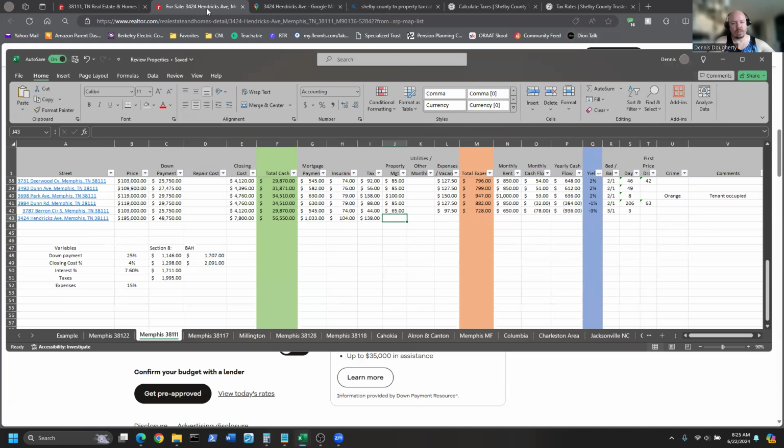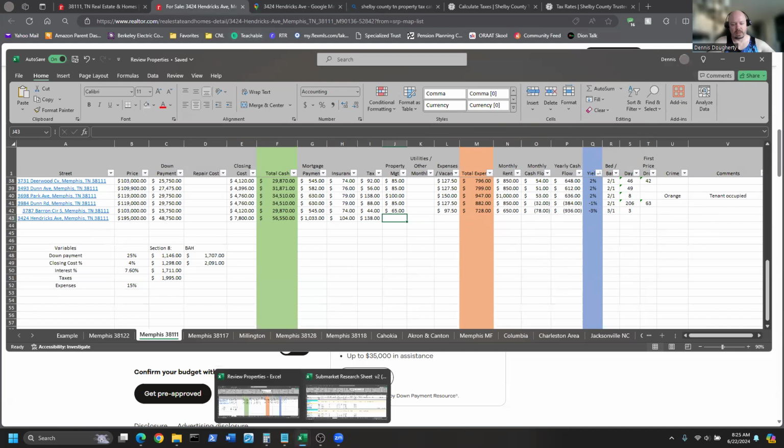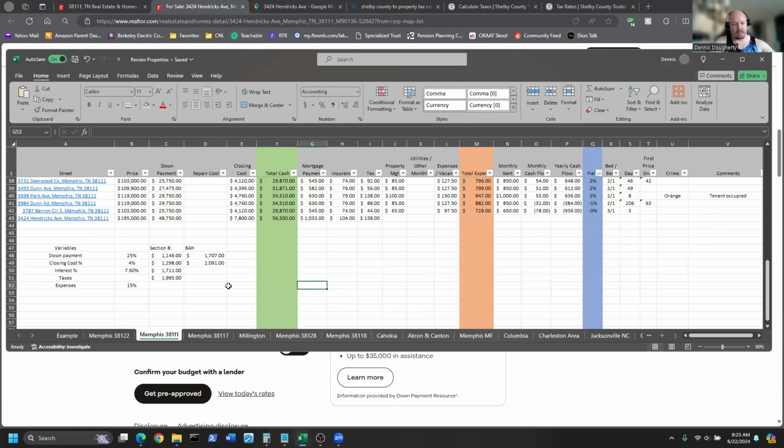So when it comes to finding out the rent, you can see down here I have Section 8 and BAH for the area. Now, is someone living down here that is in the military? Probably not. They're probably going to be living a little bit more north closer to the Navy base, but there could be maybe some reserve bases or something like that. So possibly. But what I did here, and it's not something that you can really see by looking at it, so I had to tell you, is